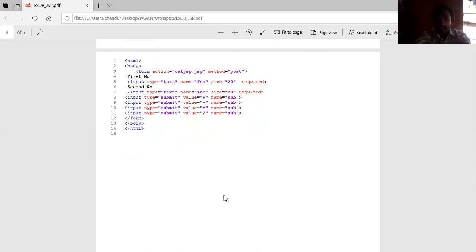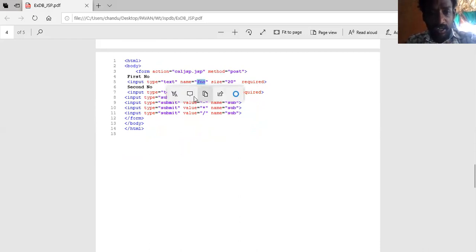For example, if you observe the screen, here I have an HTML page. Within the HTML page, I have two different text fields, first number as well as second number, and I have four different options: plus, minus, multiplication, and so on.